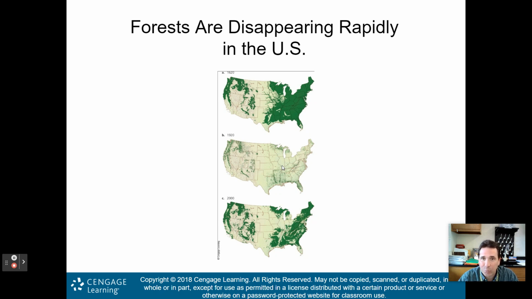Wow. We cut all those forests down as a country that was going through our demographic transitions, right? We needed the lumber and we cut it all down. Look at what was left. Now, 2000, most of these are secondary growth forests, right? That have come out from secondary succession, so second growth forests in here now. But you can see we've managed it a little better, and a lot of our forests have grown back.